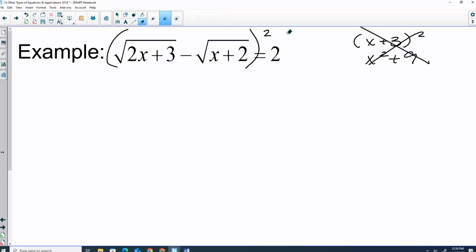Yeah. Let's get rid of one at a time. So we're going to move one to the other side. Because we have two terms, and if we start squaring, we're going to have to FOIL. Now, when I do that,